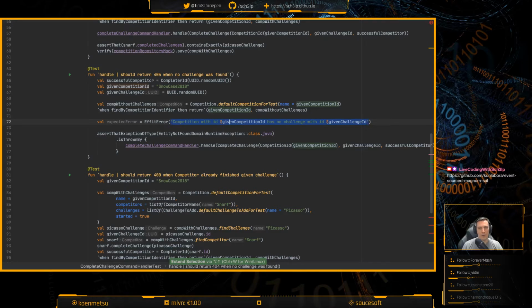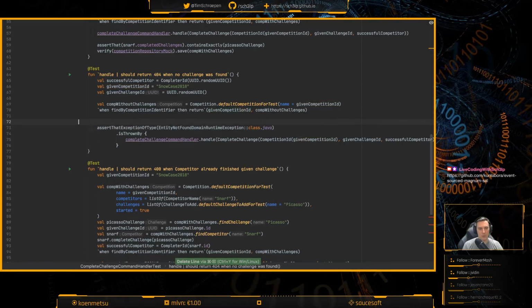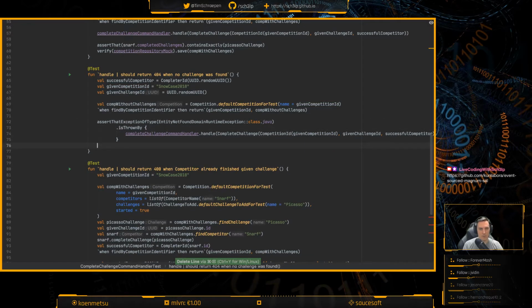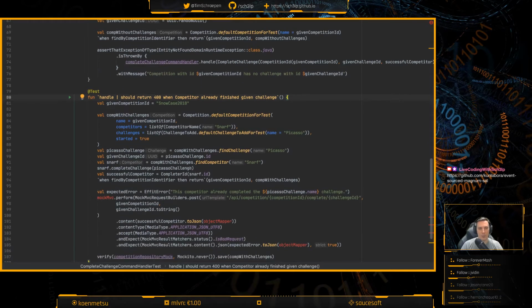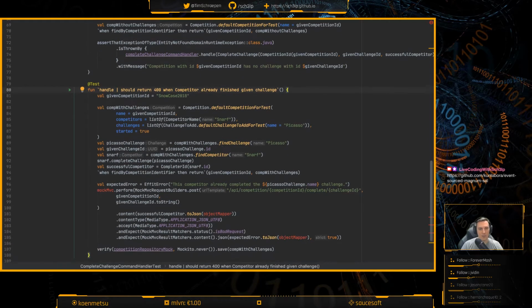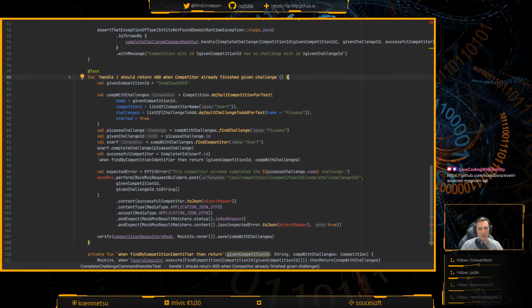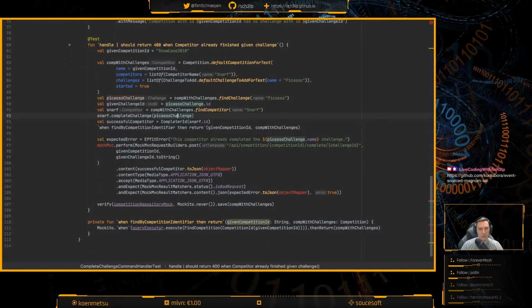And that should be the message. So this we can already check as well. Message. Bam. And here we've set it up so that a competitor already finished the given challenge. So I think this setup is all fine.